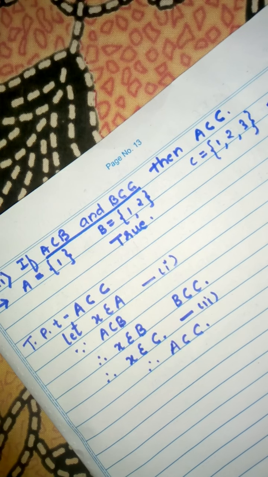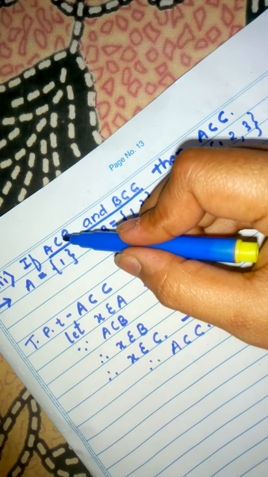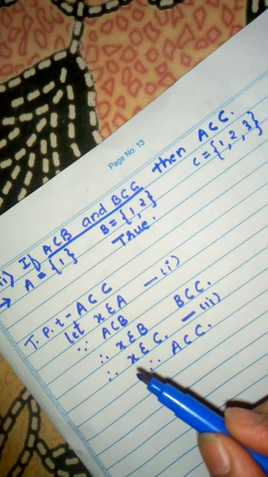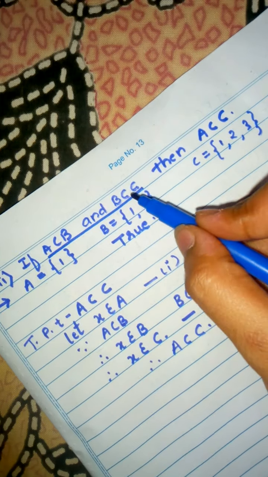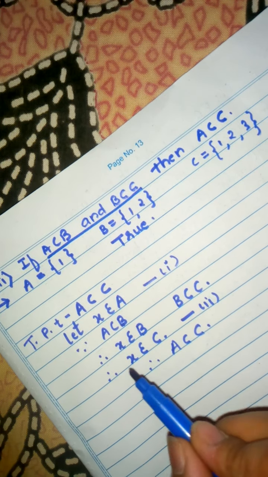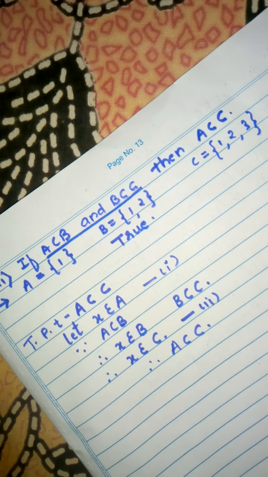This is a very simple question and proof. Here we have started with X belongs to A. It is given that A is a subset of B, that means every element which is there in A has to be in B, so this X automatically gets transferred to B. Now again they have told us B is a subset of C, that means the element which is there in B automatically gets transferred to C, and therefore A is a subset of C.